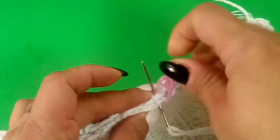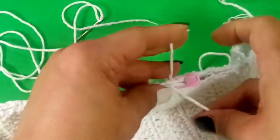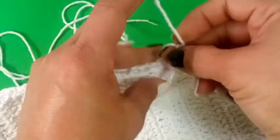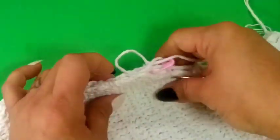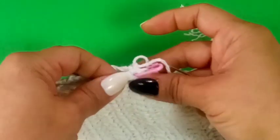And I always like to go through both panels, the front and the back, and then tie a knot. Now, you don't have to do this if you don't want to. If you have a different way, by all means, go for it. Okay. So from here, we're just going to